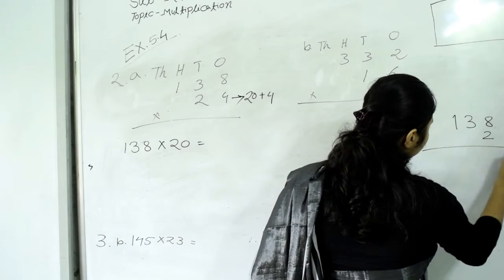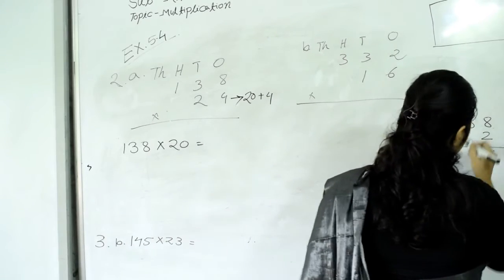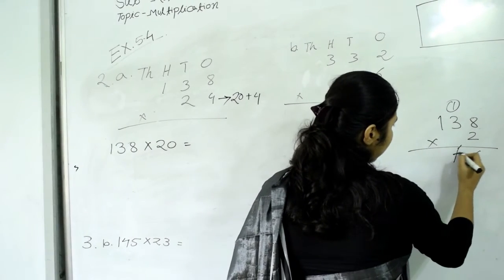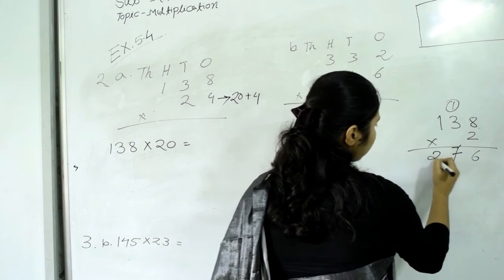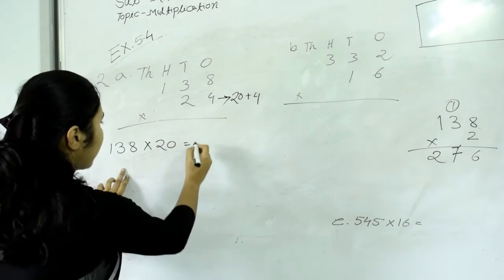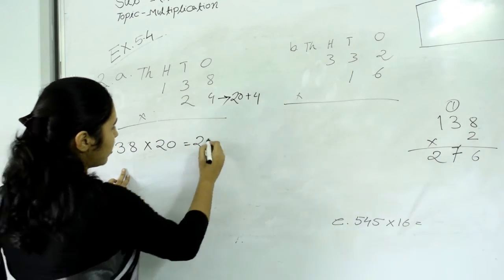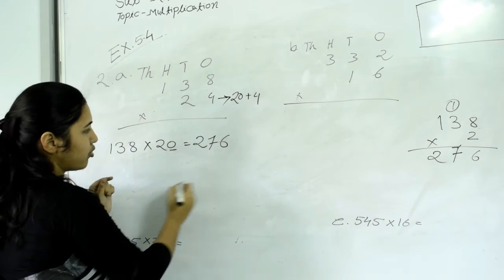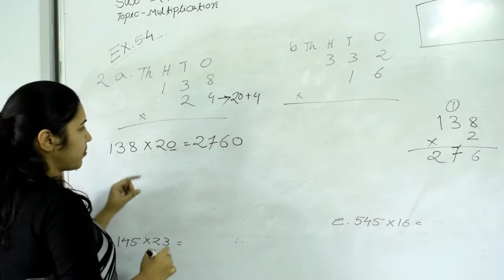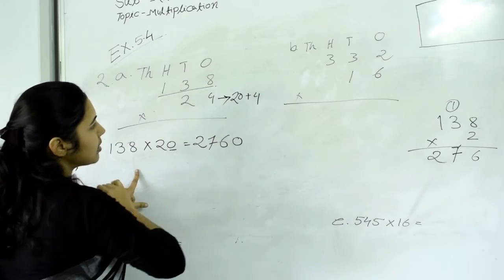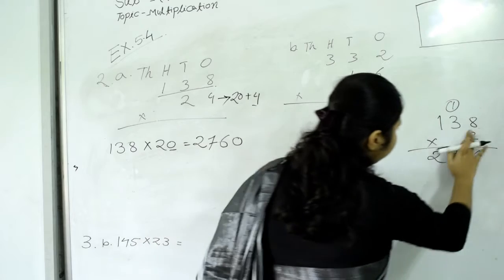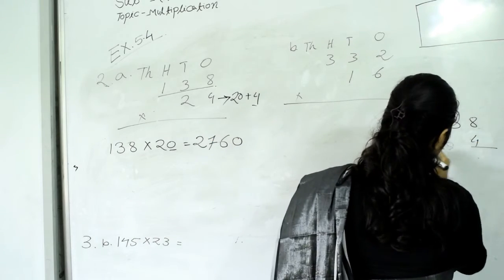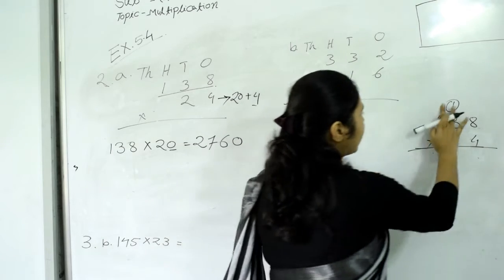38 into 2. 8 2s are 16. 3 2s are 6. 6 plus 1, 7. And next 2 1s are 2. Okay. Now write 276 first and then add this 0 in ones place. Okay. Next multiply this number with 4. 4 8s are